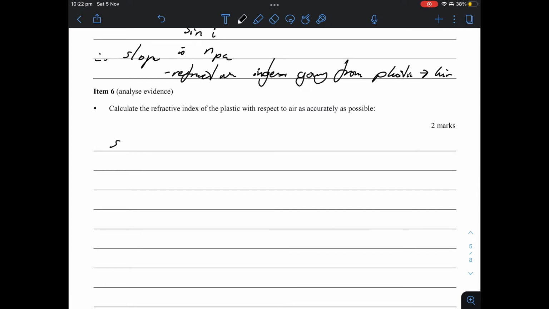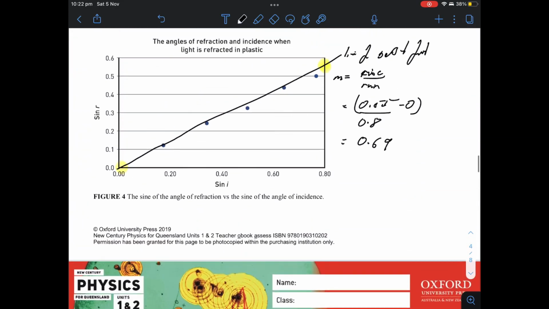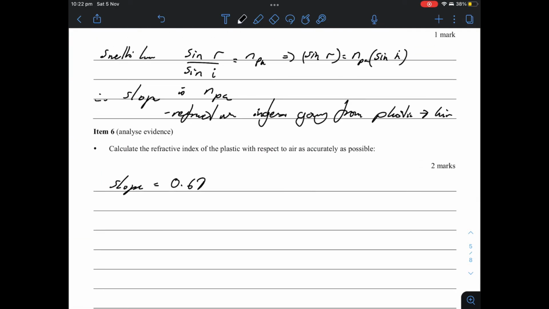I'll just use those calculations in the box. Slope is 0.69, and that slope is equal to the refractive index going from plastic to air,